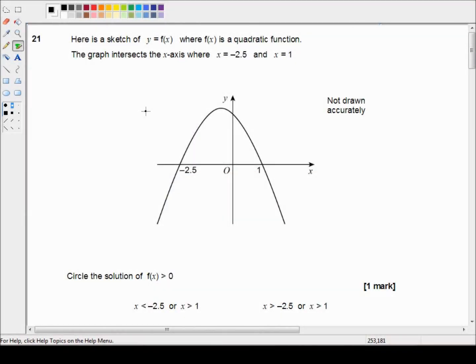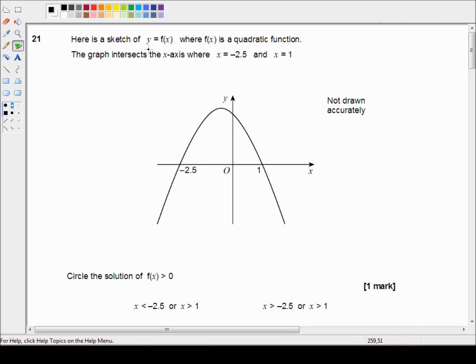In this video I'm looking at the June 2017 past papers. This is the third paper in the higher tier. It is a calculator paper, so we are allowed to use calculators, and we're picking up in question 21, which